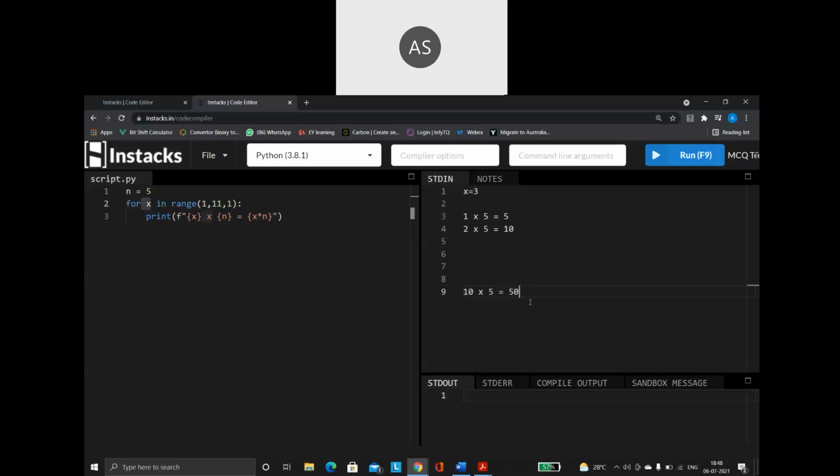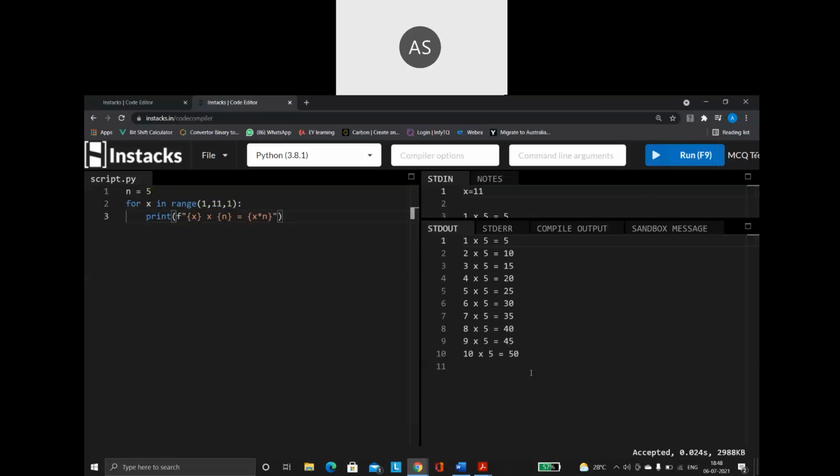Once this statement is printed, again it is going to go to the step value. The step value is 1 again. So 10 plus 1, it will become 11. Now when it comes to the condition, I have said only till 10. So 11 is going beyond the range. It's greater than the range. So the loop will stop its execution. So when you run this program, this is how you will be getting your outputs.